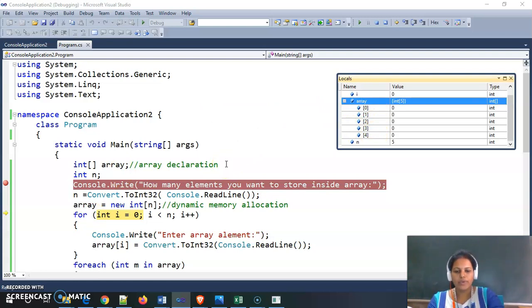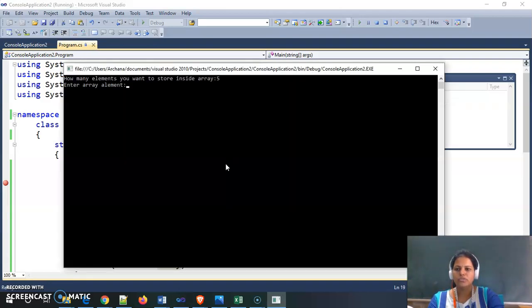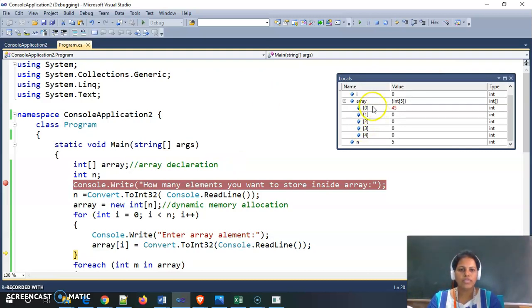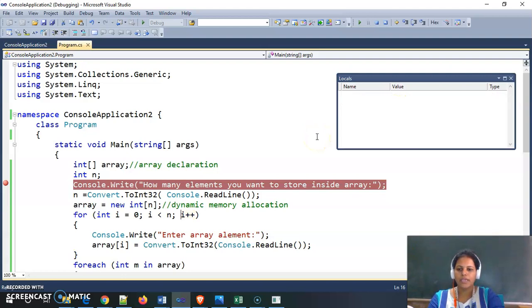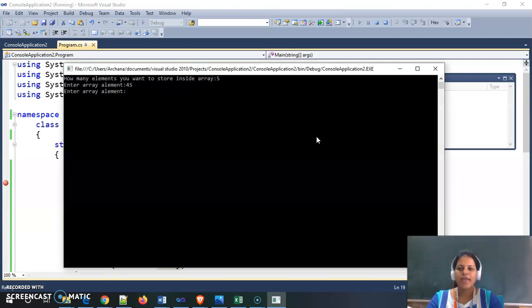So we go forward by pressing F11 and it gives me a message on the console, enter element. I am giving 45 here. Now see here, at index 0, the element 45 is stored. Again for the next iteration it gives me the message enter array element.